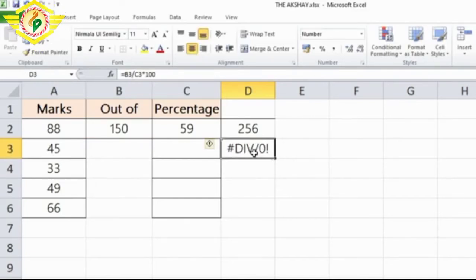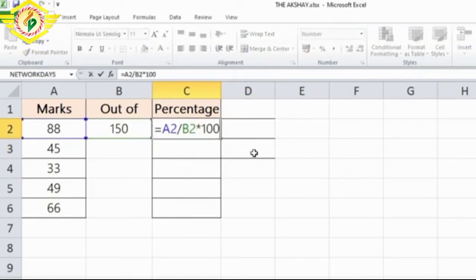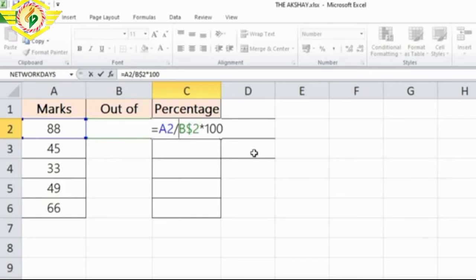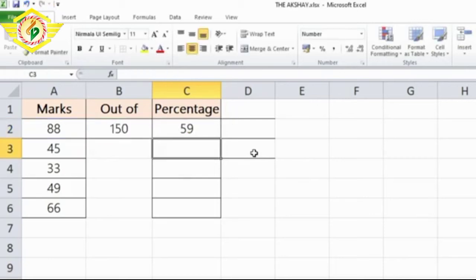So that means sometimes we don't want to change the cell references. In that case, you want to use absolute cell reference. So here in this formula, I will just change this formula. The absolute cell reference is a cell address with a $ sign. The $ sign fixes the cell reference. So I will add the $ sign here. Okay, now I'll press enter. You can see that it is still the same